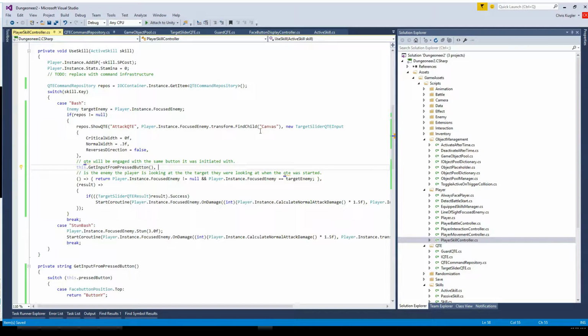So maybe this will work. Sorry, I was a little quiet there for a bit. But, so I'm going to show this QTE. This is not particularly efficient, doing this transform.findChild. But I'll probably change this actually in a few minutes. I'll give enemy a property that is the QTE canvas. So I'll be able to grab that and parent objects to it and remove them from that, as I want. But for the moment,